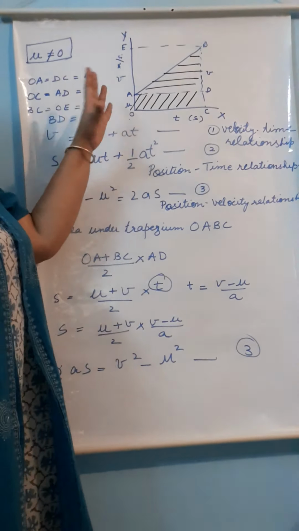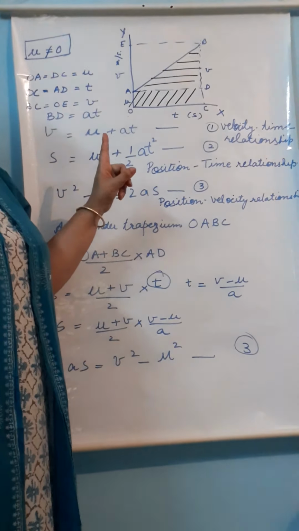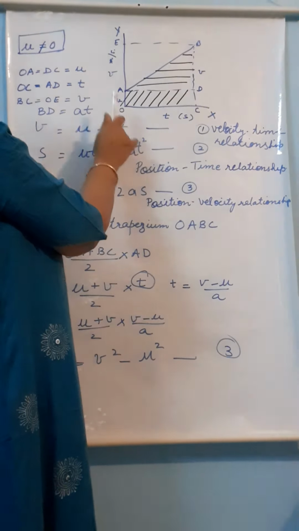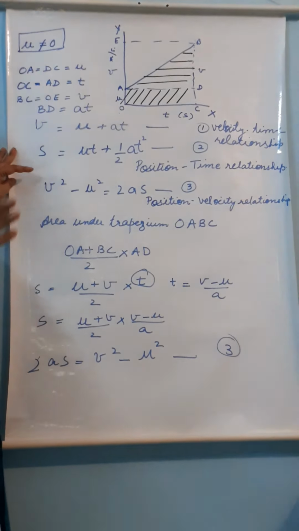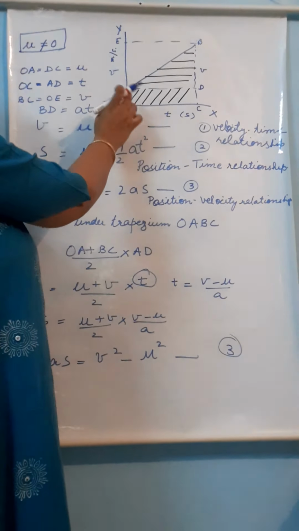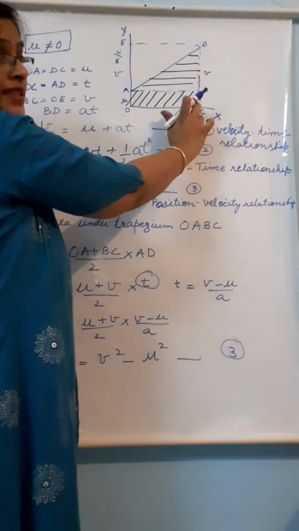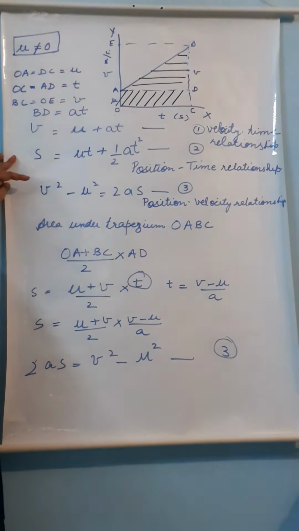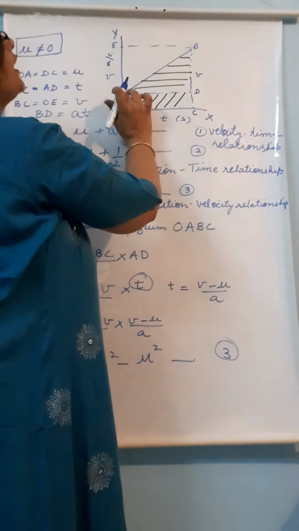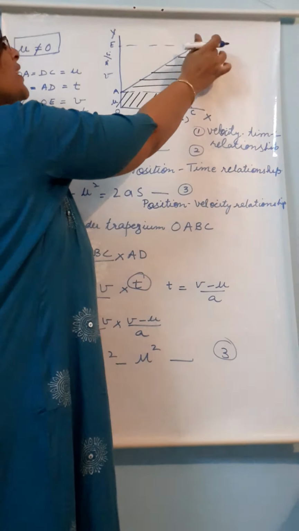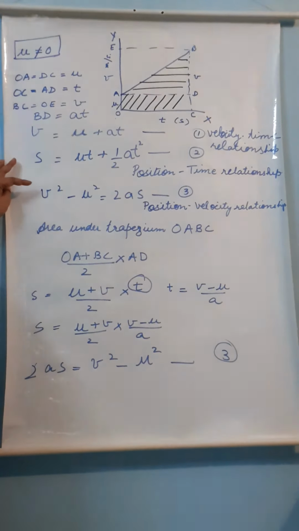Now some children may find these things complicated to learn when you try to cram them. Once you know these parameters, what is u, what is v, what is a, what is t, we only need to replace the values. So suppose you draw a graph, if the labeling changes, it doesn't matter. You should know what is v, what is u, what is t, and simply we have to place in the values. But if you try to learn it by heart, and suppose you forget to label a or make some labeling errors, like you can make it c, make this point b, it doesn't make any difference.